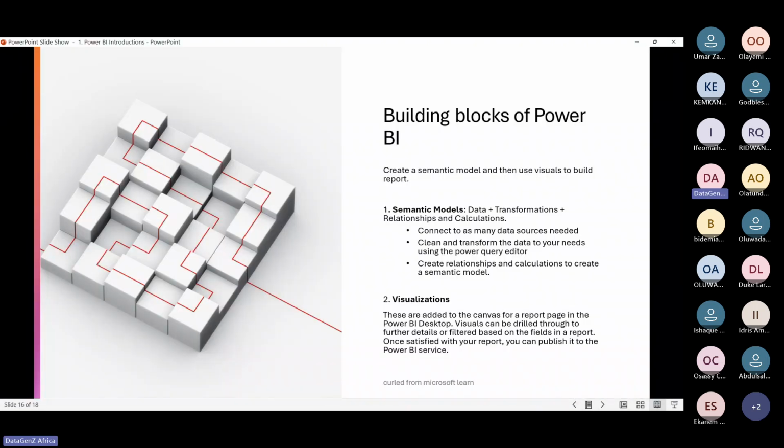All right. So we also have the building blocks of Power BI. What actually makes a Power BI report is the semantic model and visualization. I talked about the flow of Power BI, starting from importing your data and then taking it through the modeling, visualization, and then publishing it on the Power BI service. Now, when you're building the building block of Power BI